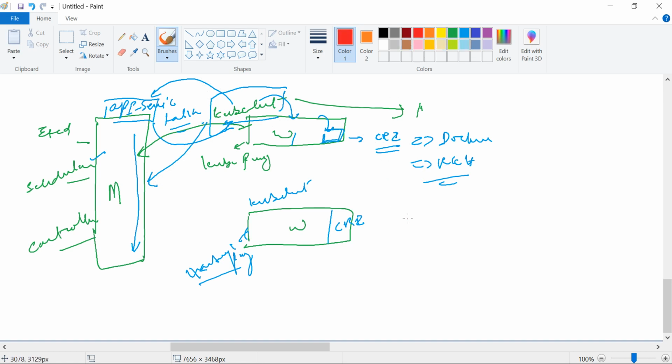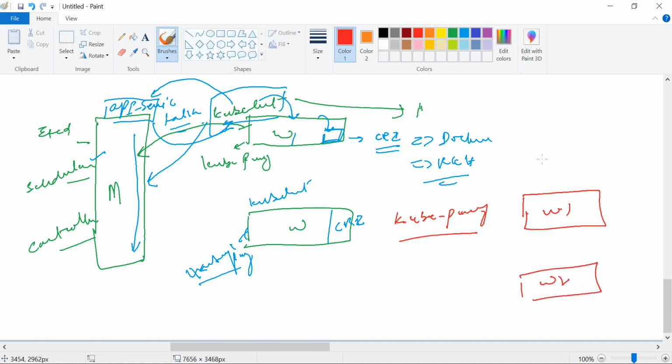The kube proxy is something like this. If you have two worker nodes, worker node 1 and worker node 2, and you are running a web server which depends on Apache, and a DB is also required here.